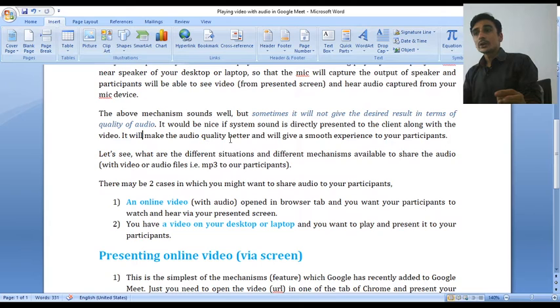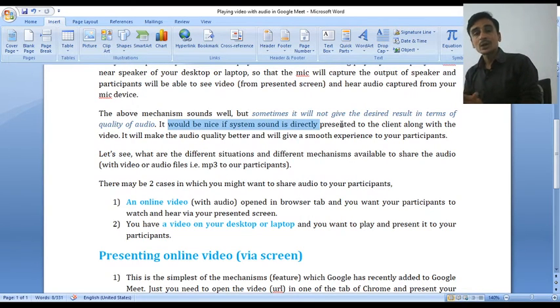The audio quality is better if we are playing from our system sound, and if we are able to give our client the same experience, that is the quality of audio which we are able to hear.